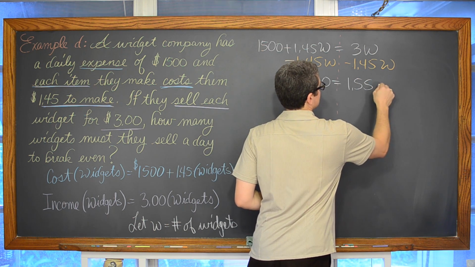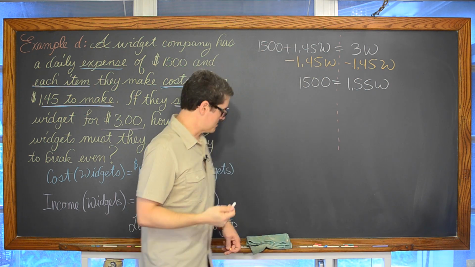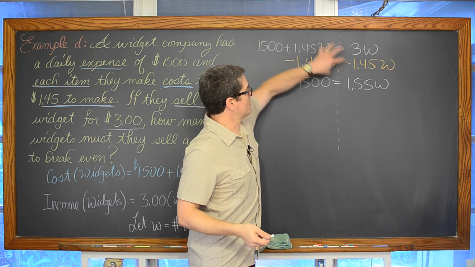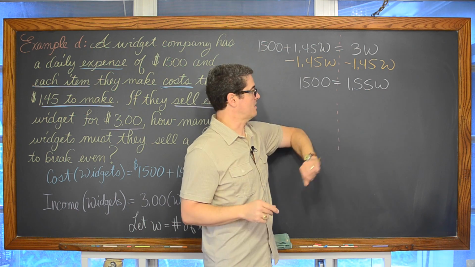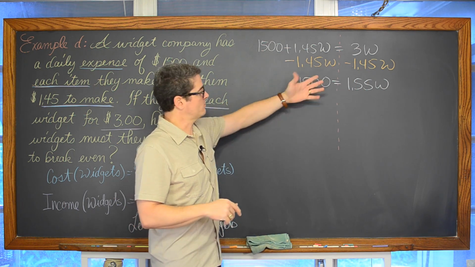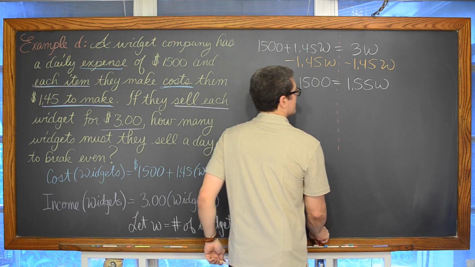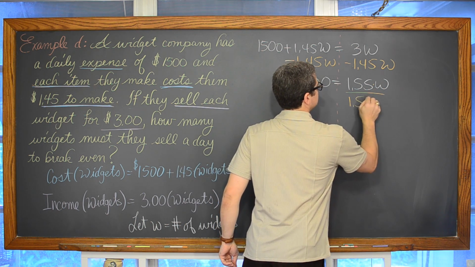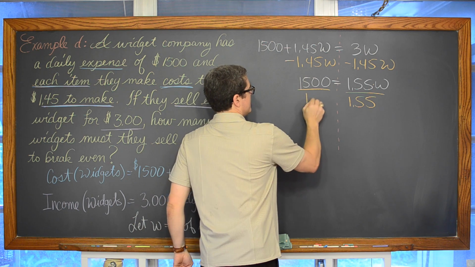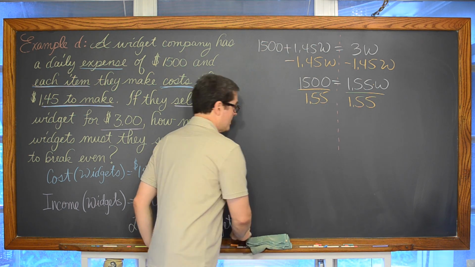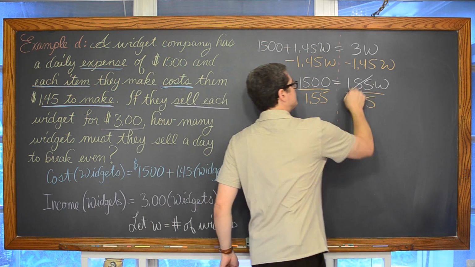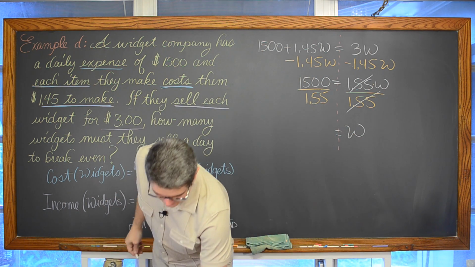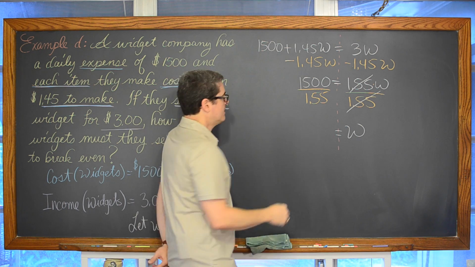Dollars kind of makes sense for this problem because that's what we're talking about, money. Now that we got that subtraction done and we've moved our variable to the right-hand side of the equation, we need to move everything to the left. Well, we're only one step away. With our w, we have a multiplication of 1.55. So we're going to divide 1.55 from both sides of the equation, and w is going to be equal to 1,500 divided by 1.55, which is